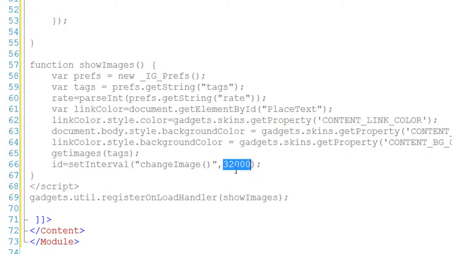I have set a random value. You can set anything you want because this value will be changed according to the user preference. You can see here the rate. This is the user preference which will be changed accordingly. I have just given a random value to begin with. I could have given this rate, but because I'm not sure what the user has given, the user might have given 0,